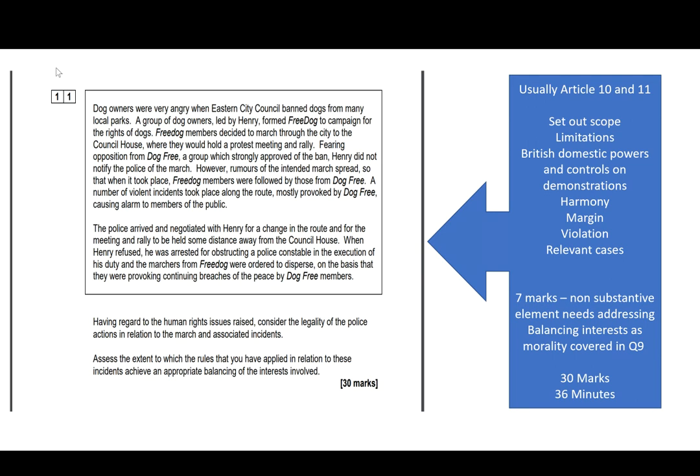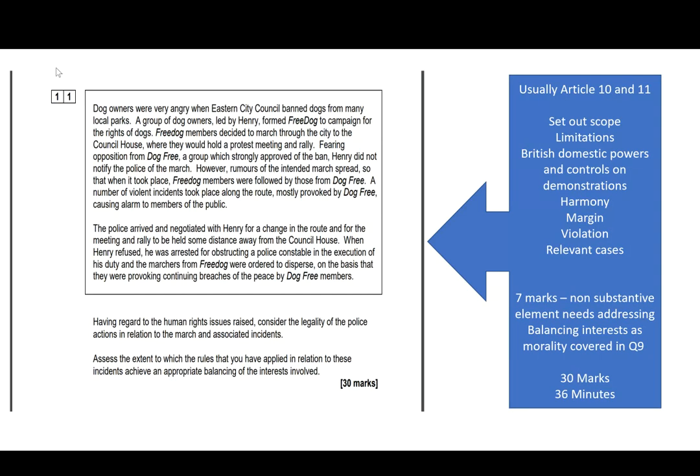The final question, question 11, is also a scenario question. Again, it's expected that your son or daughter will be able to correctly identify which human right is engaged, outline the scope of the human rights and its exceptions, so when the state can take action that's not in violation of the right, positive obligations, when action must be taken, negative duties, when action shouldn't be undertaken. These both need to be considered as well.